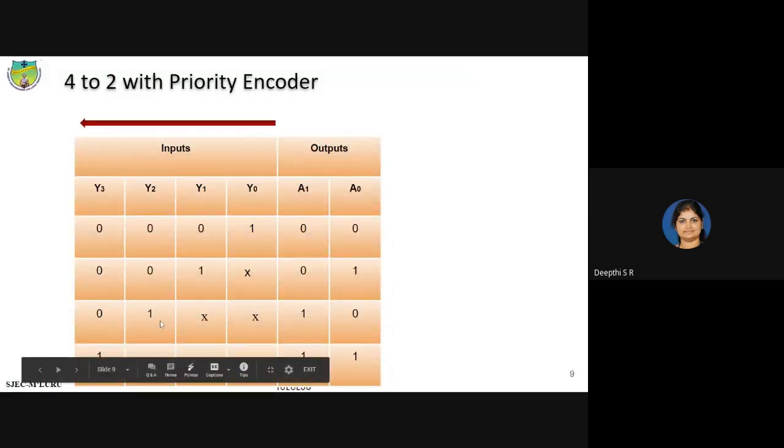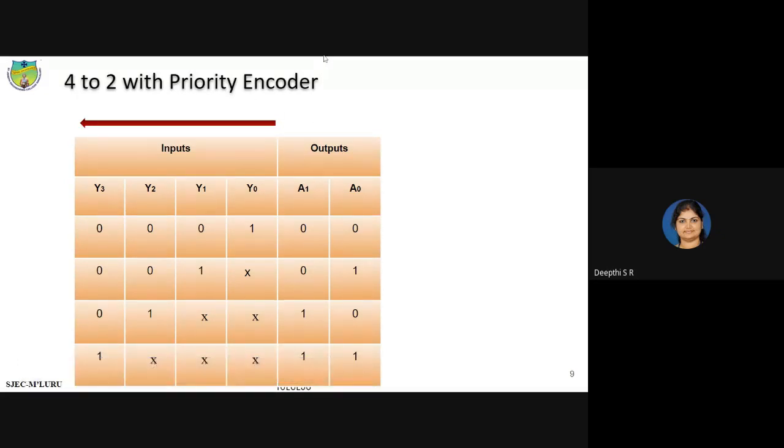Similarly here, if you have Y2 as 1 and this is 0 or 1, 0100, the output is 10. If it is 0110, then also the output remains the same. If it is 0111, the output remains the same. Okay, so now we will write the expression for this.